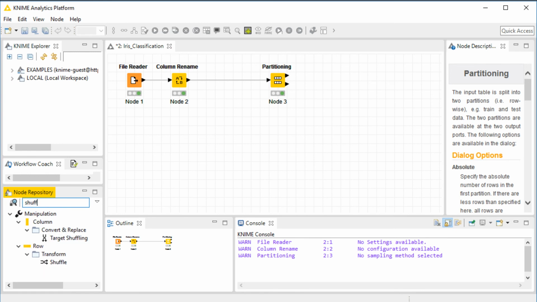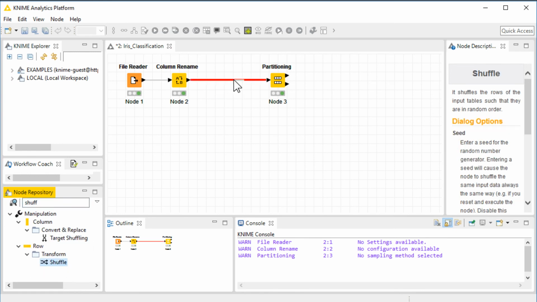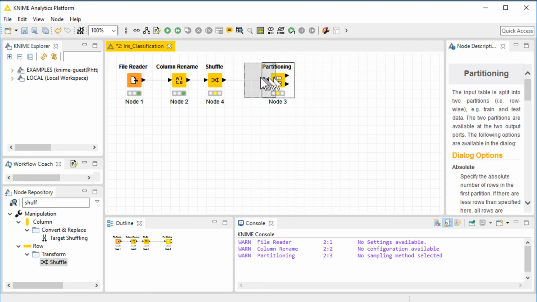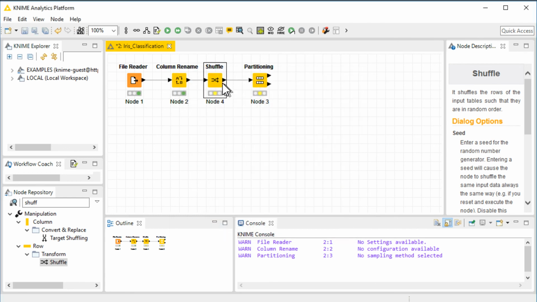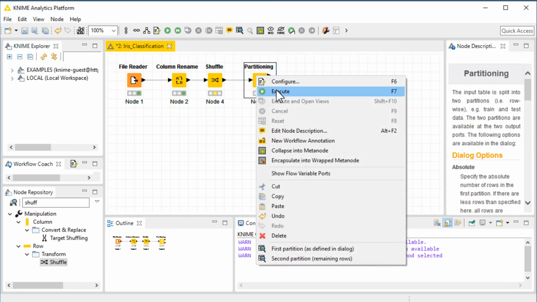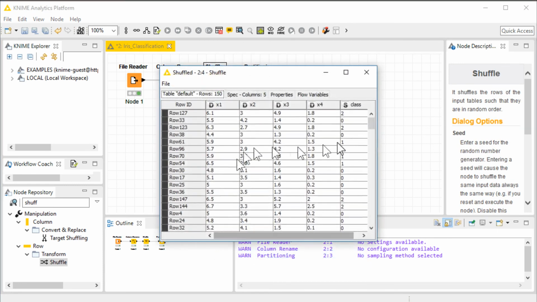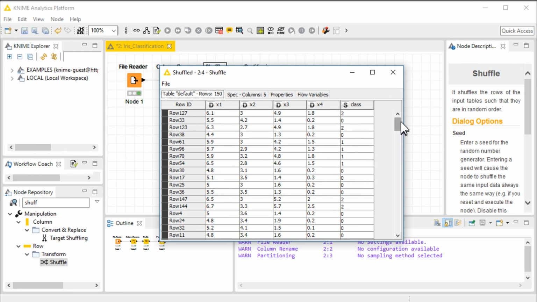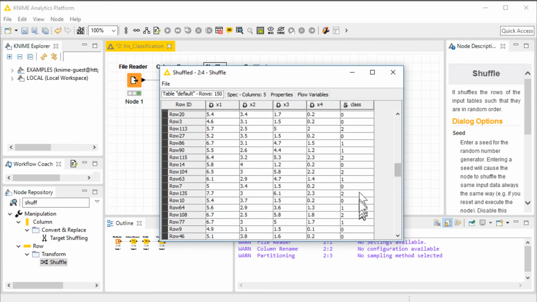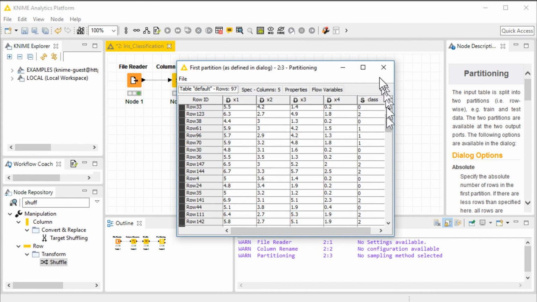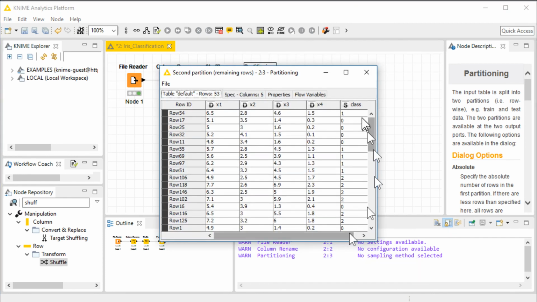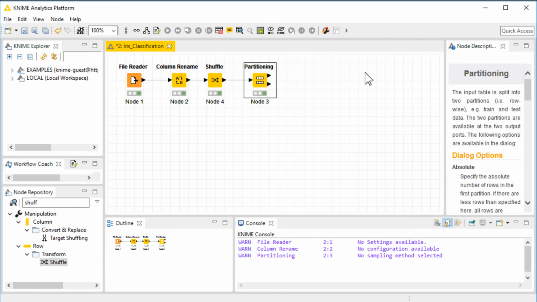So I'm going to add the shuffle node, and in the shuffle we can use any random seed. And now let's run and execute both of them, and let's look at the first shuffled data. Now after shuffling, we'll see that the classes or the rows have been shuffled. Look at the classes over here, and the partition data is now much more usable. That was the first one. This is the second one, much more usable for our purpose. So we're done with